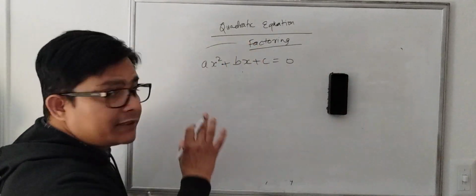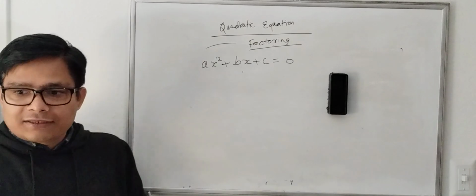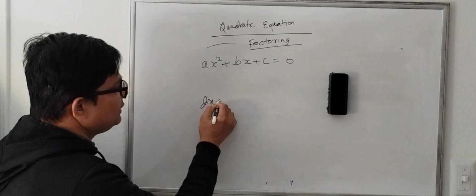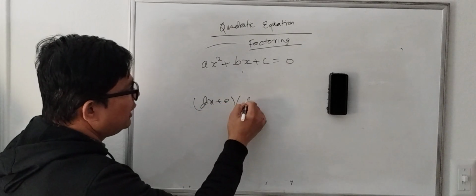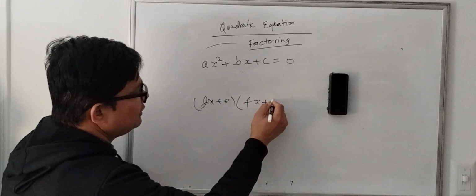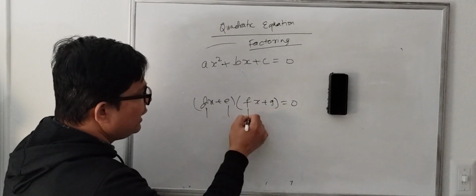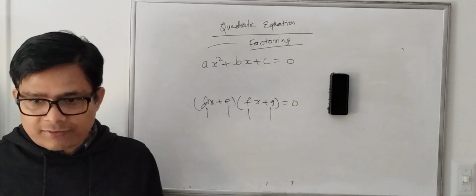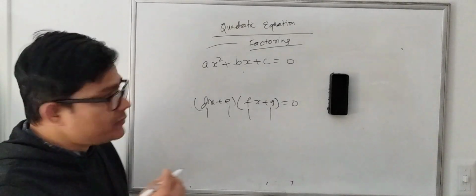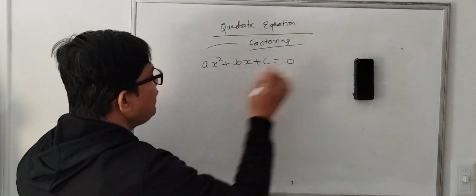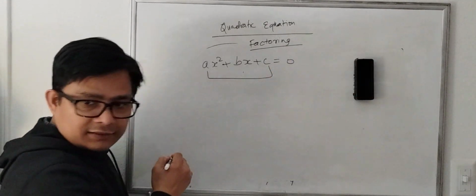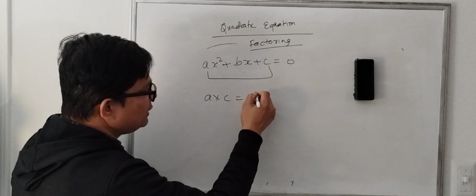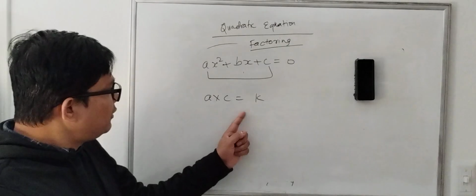Okay, let's see. We didn't talk about how we are going to use the factoring. So for applying factoring, how do you find dx plus e times fx plus g? So how are you going to find d, e, f, g, these constant terms? There should be some approach. Yeah, the approach is very simple. What you have to do, you have to multiply a and c. Okay, multiply a and c. Whatever product, let's say product is k, and then find